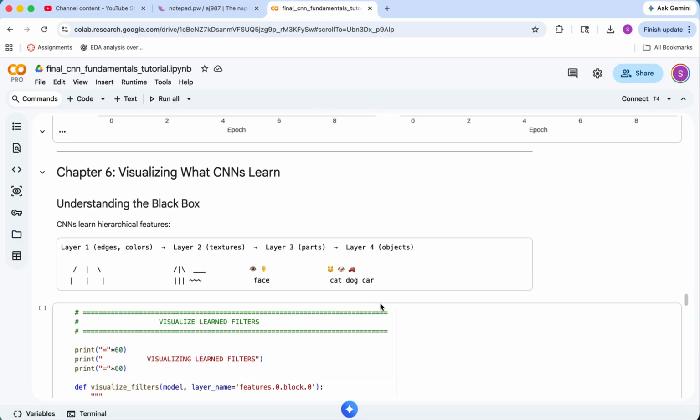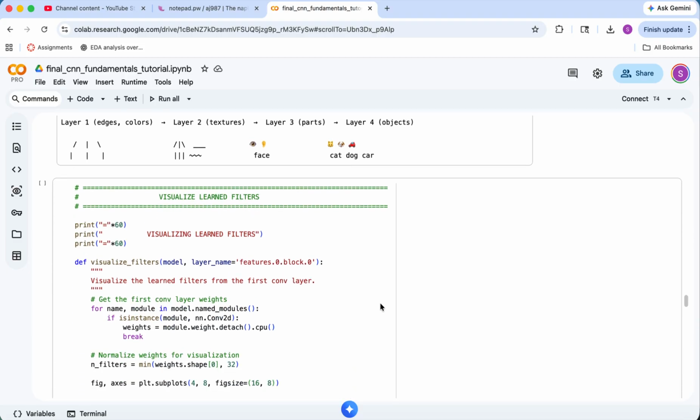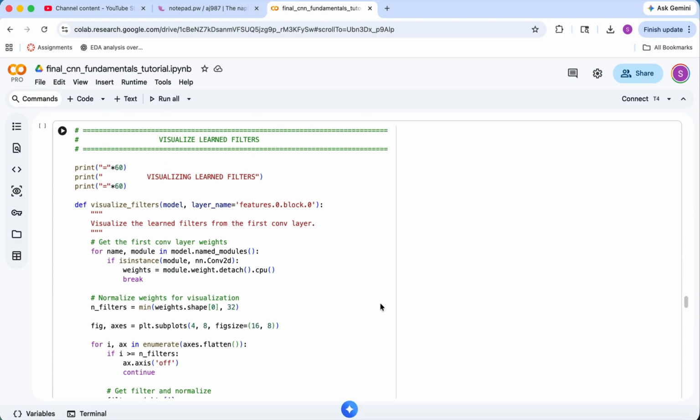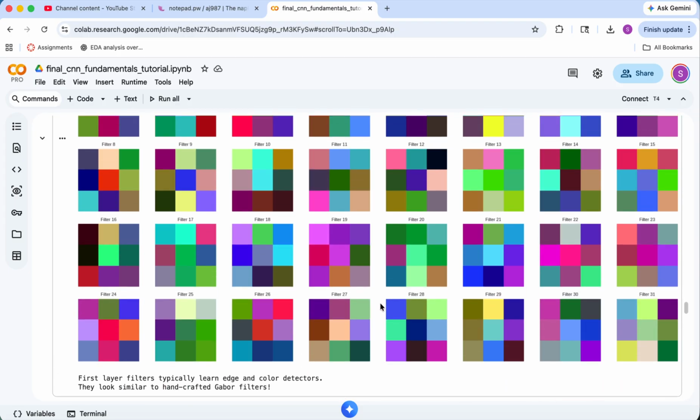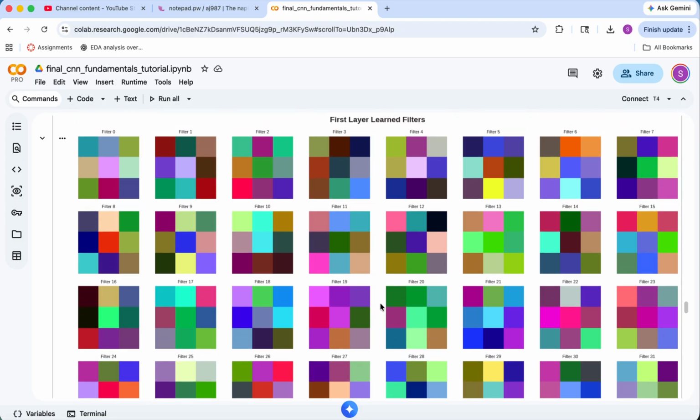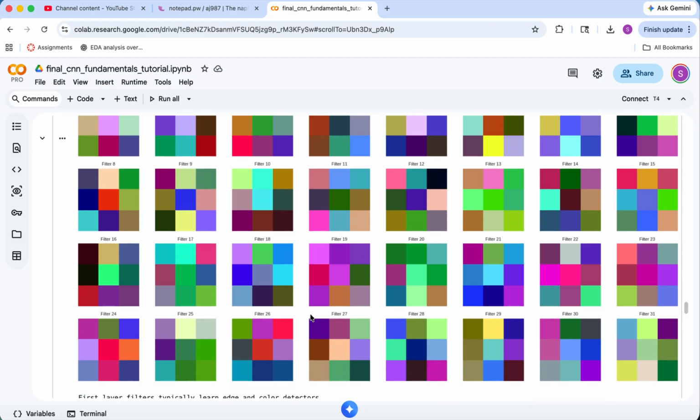Next, we extract the learned weights from the first convolution layer of our trained model and visualize them as images. The output grid reveals that the network has learned to detect fundamental visual features like colorful edges and gradients